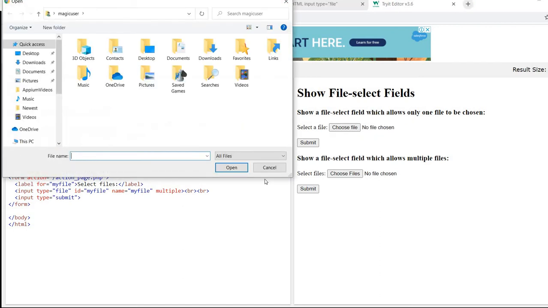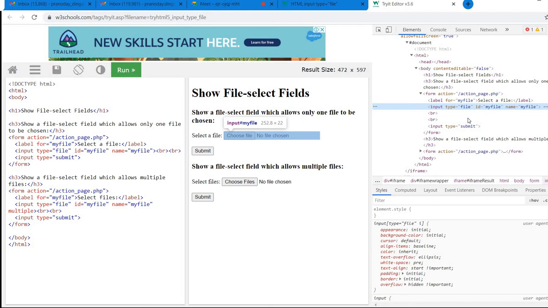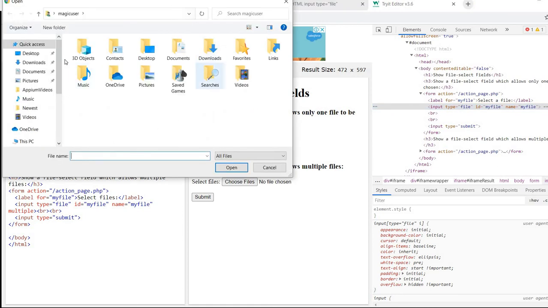Okay, let's inspect. So this button is this one, right? Here it is, this one. This is a label, and this is the button. Now this is designed using an HTML input. As part of the test case, I want to click on this button. So what kind of control am I interacting with? An HTML or web control, right? Web control.